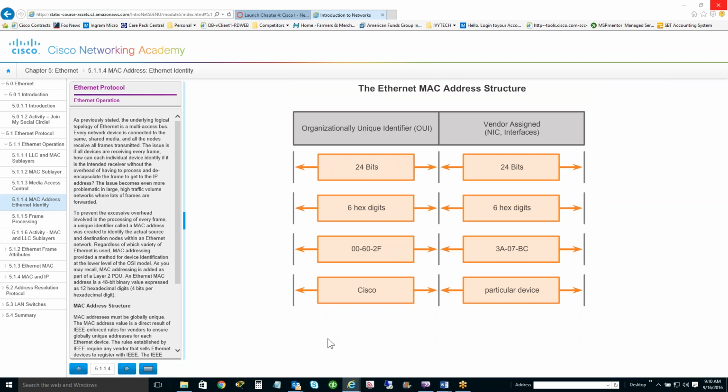Okay, in 5.1.1.4 we talk about the MAC address itself. Now the MAC address is burned into ROM on the actual network interface card or network interface function of that piece of hardware. So again, every Ethernet capable device, whether it be a smartphone or a notebook or a desktop computer, etc., has a MAC address assigned to it, and it is unique only to that device. That device is the only device in the world that has that specific MAC address. The MAC address is a 48-bit binary value, and